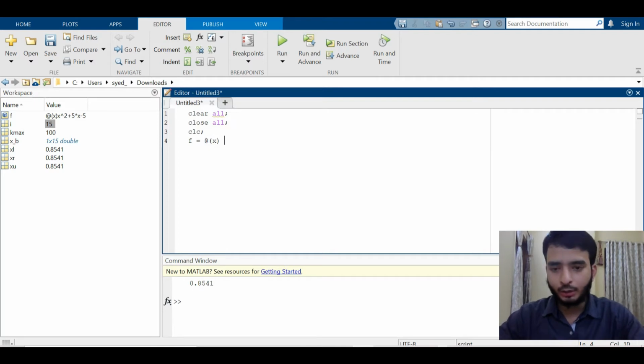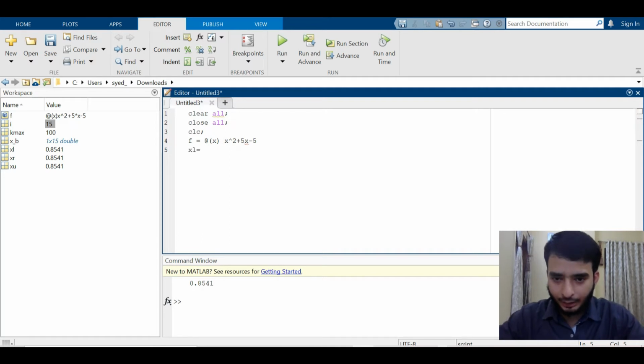I'm telling MATLAB that I'm going to give a function of x which is anonymous, and that function is x to the power 2 plus 5x minus 5.